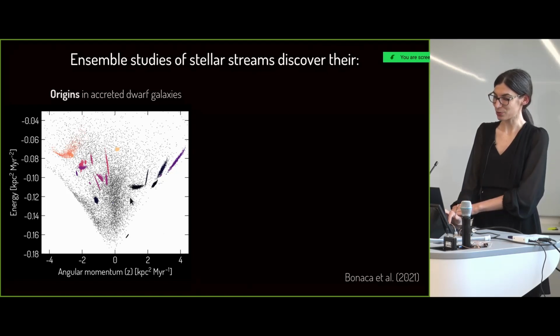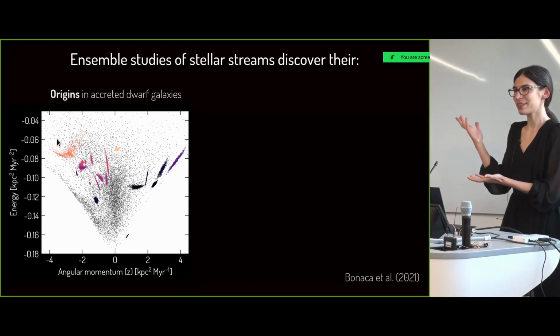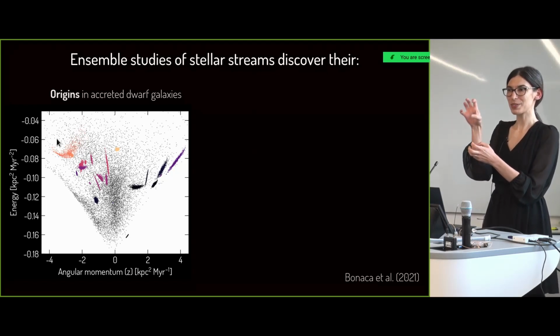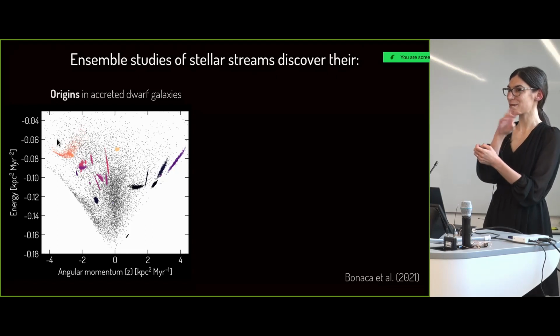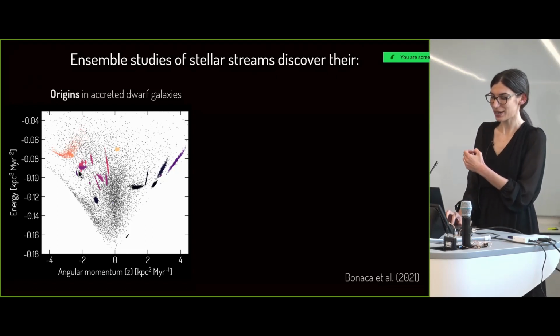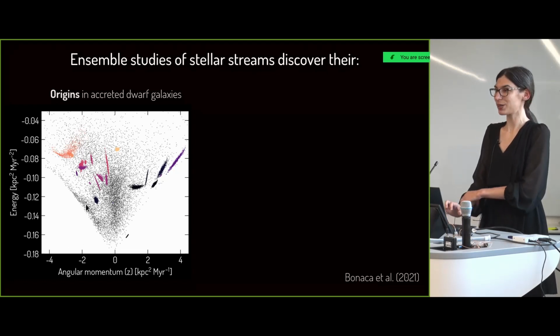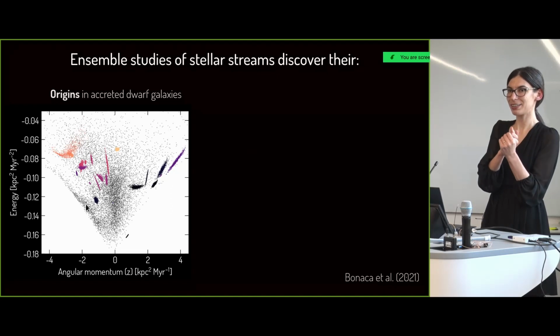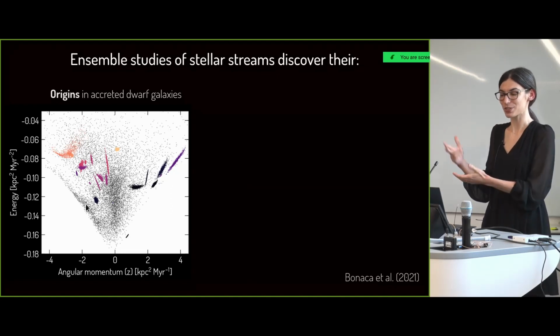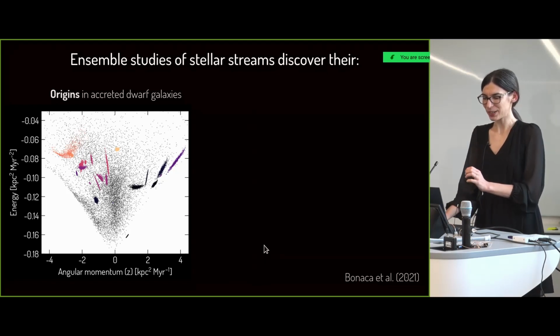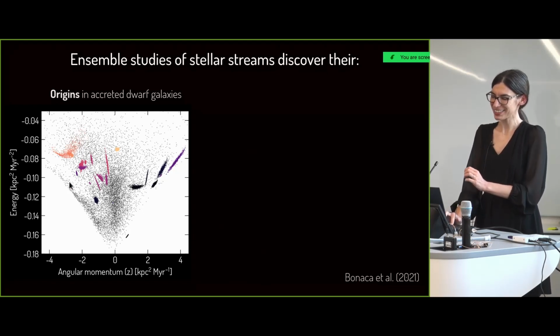We have some streams, kind of a group on the right-hand side, and then 3 groups on the left-hand side. And what this signals to us is that it looks like we actually are finding streams that were accreted together as a part of the same dwarf galaxy. And in this way, we can basically find those that were actually born in individual dwarf galaxies and find their origins this way.